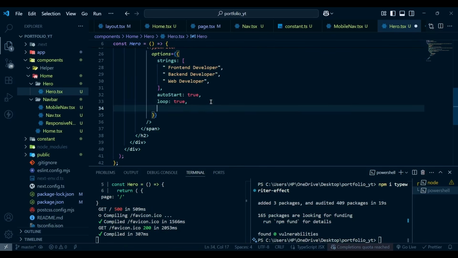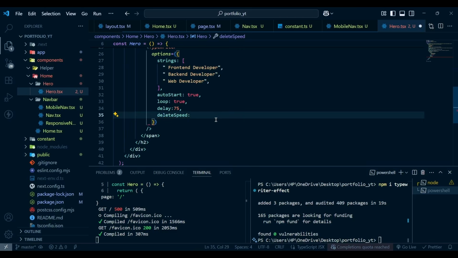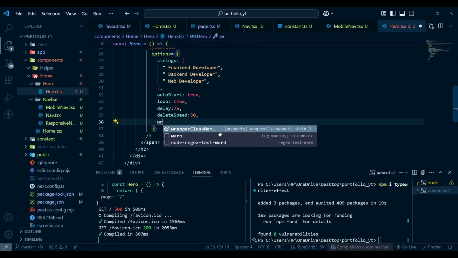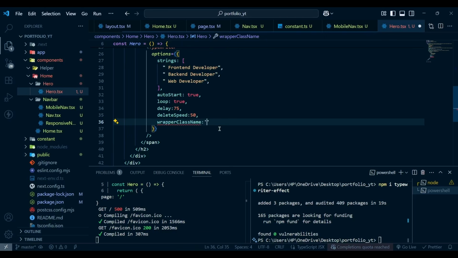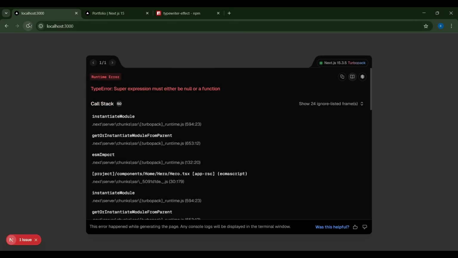Now after the loop we're going to use a delay of 75, then the deleteSpeed, which is how fast the text will be removed. This one will be 50, and then we're going to use the wrapperClassName, and here we're going to use padding left of 2. Now if I hit save and go to our project and reload the page,